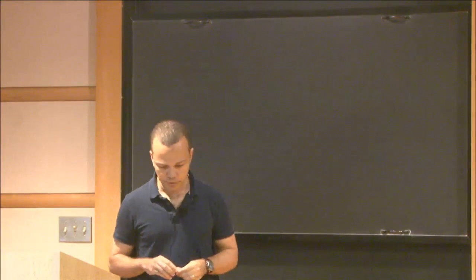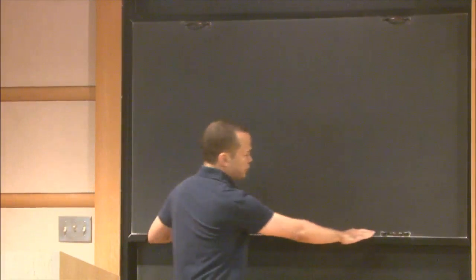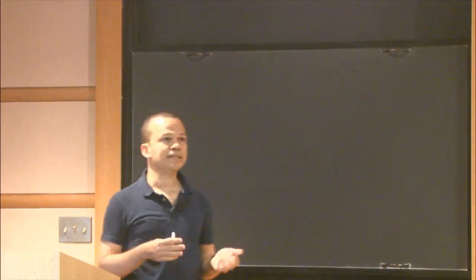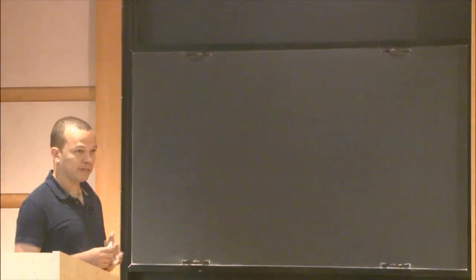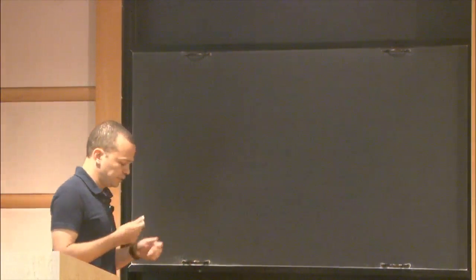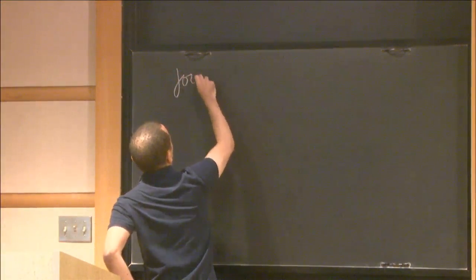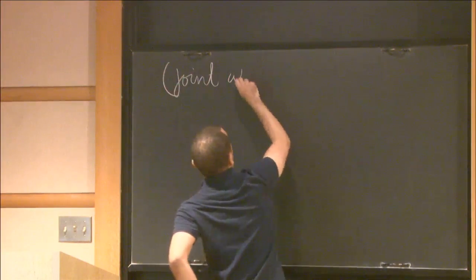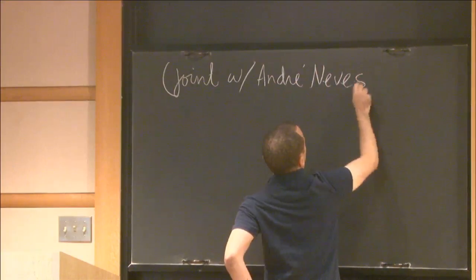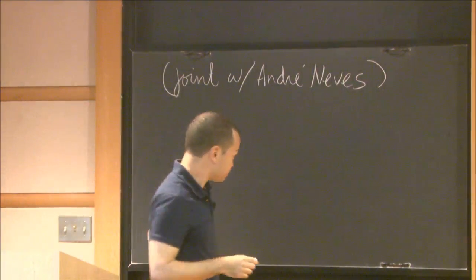So today, I'm going to talk about my work with André Neves on the variational theory of minimal surfaces. I'll try to explain what has happened in the subject for the past few years, and I'll try to point to future research directions. Mostly, this is based on joint work with André Neves and some other collaborators who I will mention during the talk.